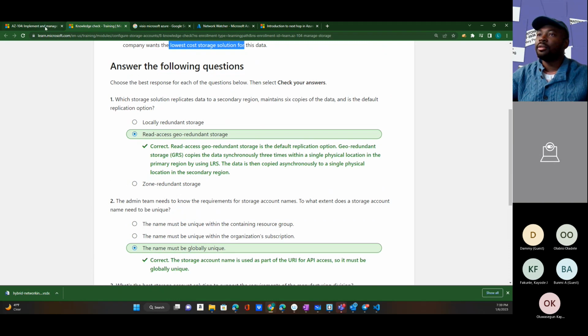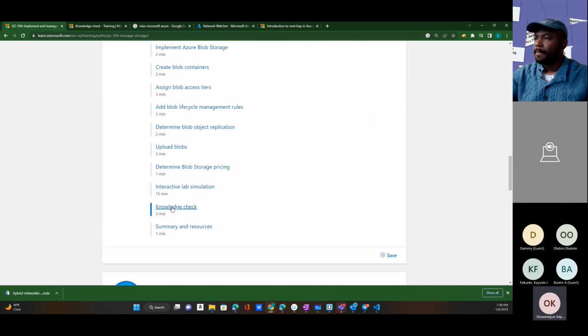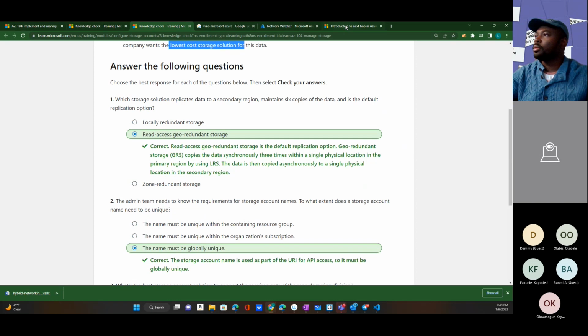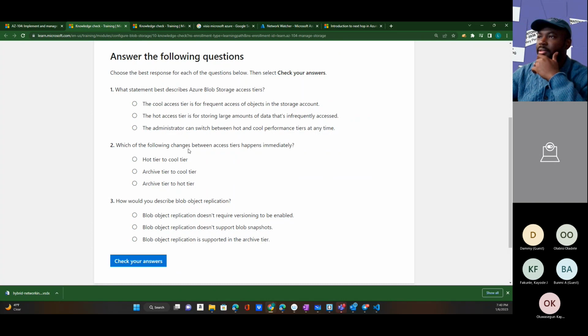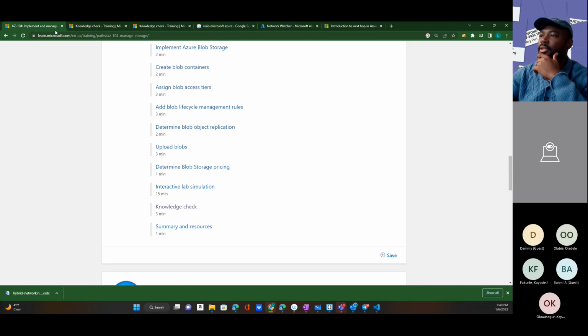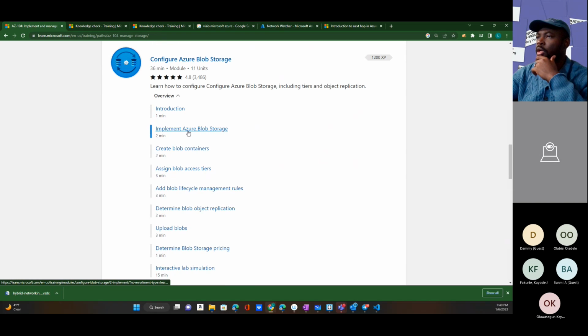All right, let's check another one. Let's check one more before we go. What statement best describes Azure Blob Storage access tiers? Okay, we have not done this. So this is where we are going today. Don't worry, don't worry. This is where we are going today. All right, let's start. Let me stop this recording and start